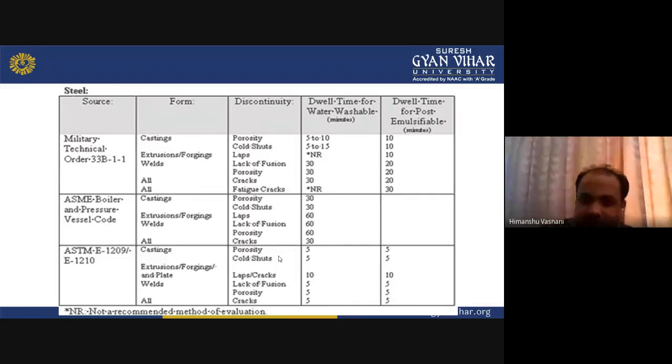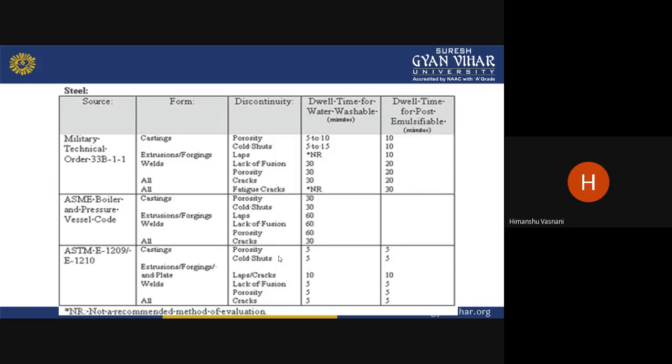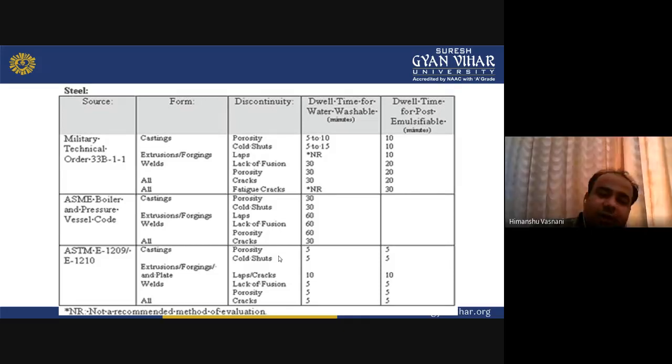Okay, like if we go with the casting, this one, then you can say that 5 minutes dwell time is required in both the cases, and 5 minutes dwell time is required for post analysis. So here you can easily understand what importance dwell time holds, and what kind of processes have been done inside the